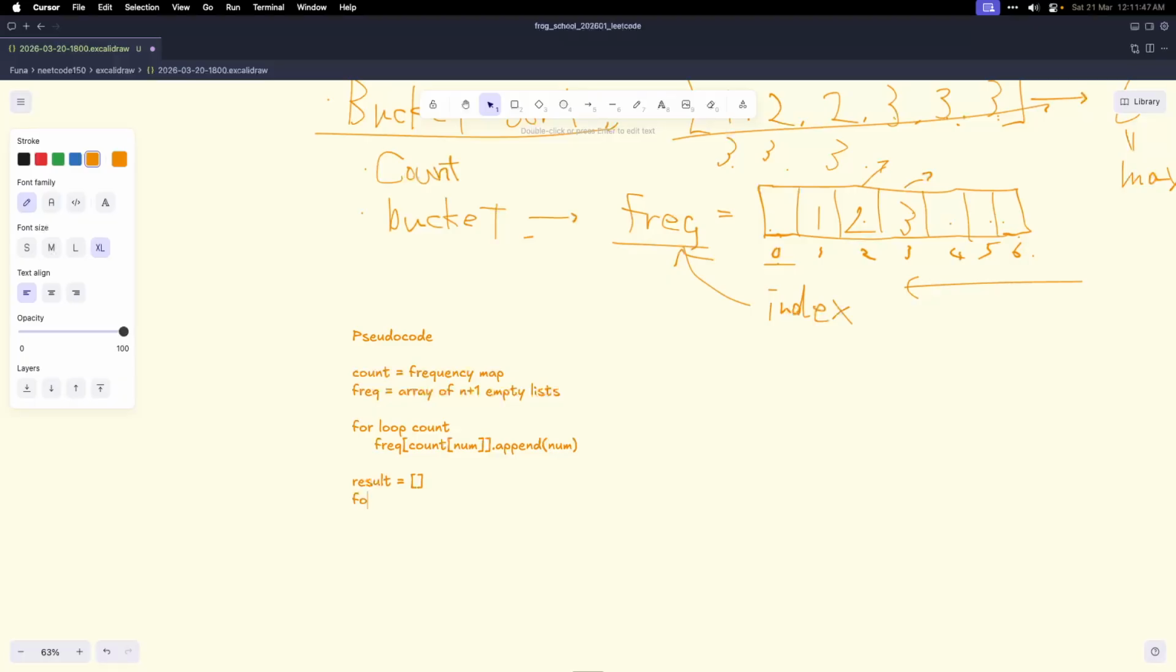And we iterate the frequency array. So for loop, n down to 1, and we have to do a next loop because